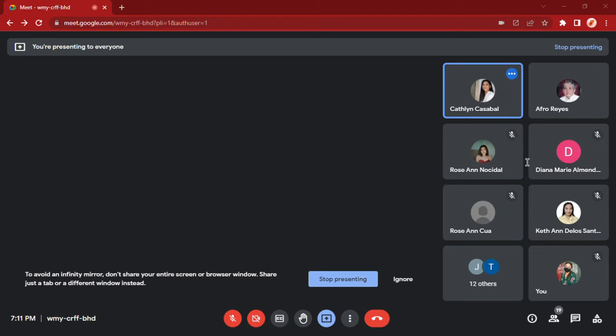P Company would make the following entries. First, to record the acquisition of S Company stock. Debit, investment in S Company 800,000. In order to get it, 16,000 shares times 50 fair value. Credit, common stock 160,000. In order to get it, 16,000 shares times 10 par value. And credit, additional paid in capital 640,000.